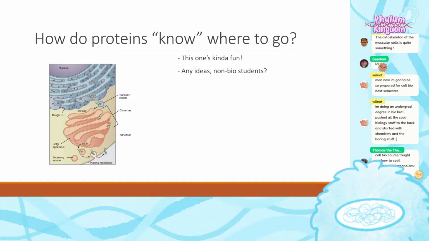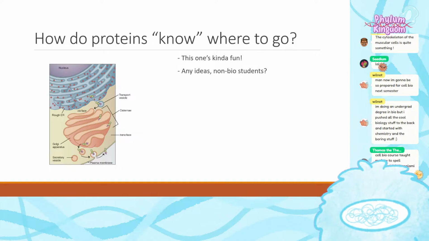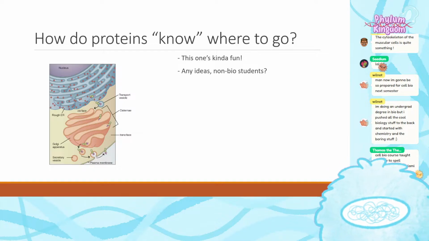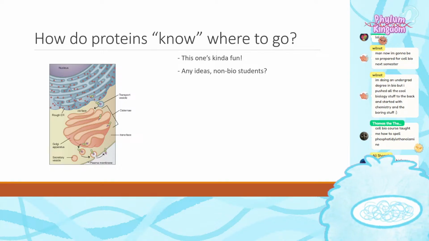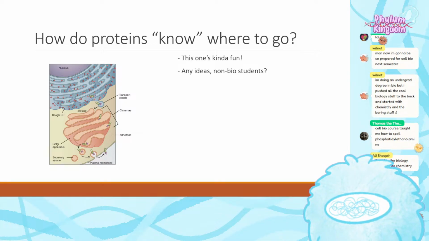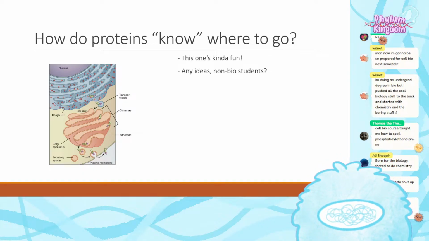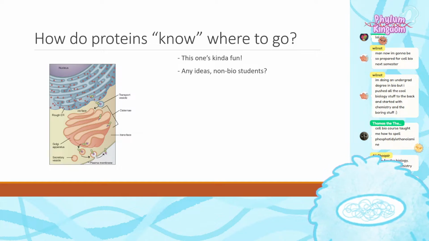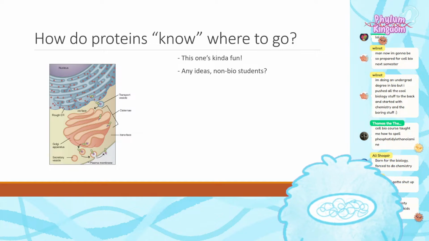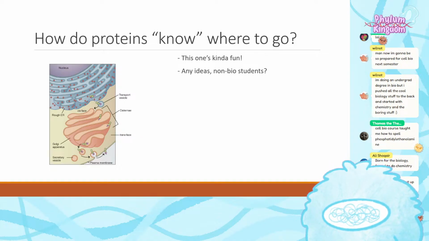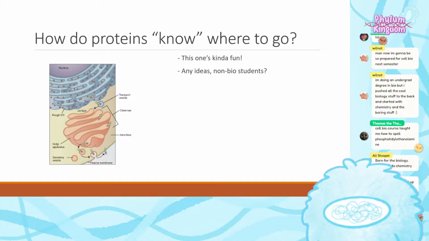Cell bio taught me how to spell phosphatidyl ethanolamine. Oh gosh. Yeah, a lot of long words here. Born for biology, forced to do chemistry. There's overlap. You can always choose to do a biology topic while using the skills you learned in chemistry, which is a vast and interesting field as well. I just did a chemistry lecture to school kids today. That's awesome to see. I love that. Chemistry is one of the more exciting things for kids to learn. I think biology is a bit of a harder sell.